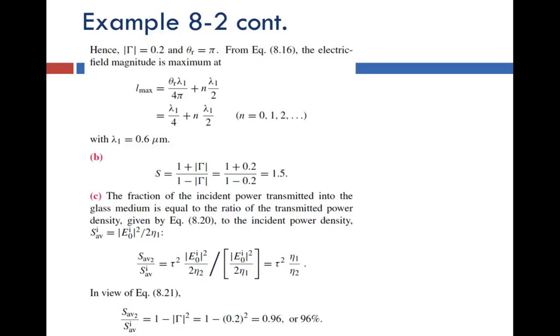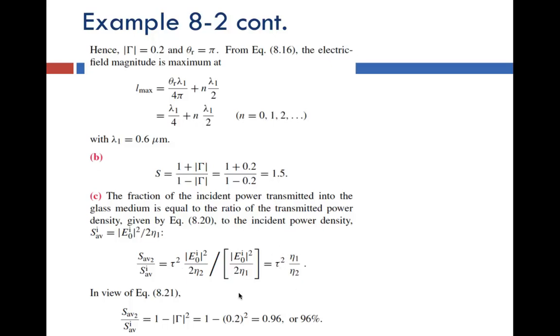Basically, that's going to be the ratio of the transmitted power density to the incident power density. So the incident power density is given by this expression. This was derived in the previous lecture. And so we've got the magnitude of the field squared divided by 2 eta 1. And then the transmitted would be the magnitude of the field squared divided by 2 eta 2 times the transmission coefficient squared. So when we plug all of that in, we see that we have tau squared eta 1